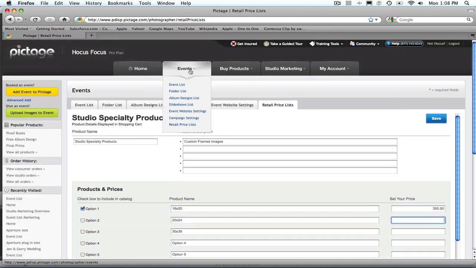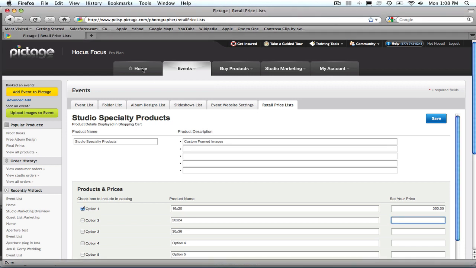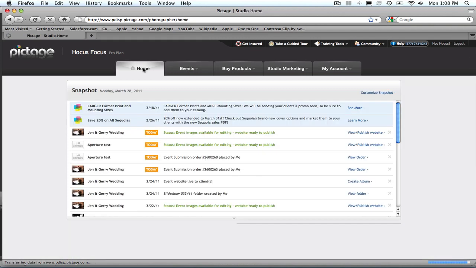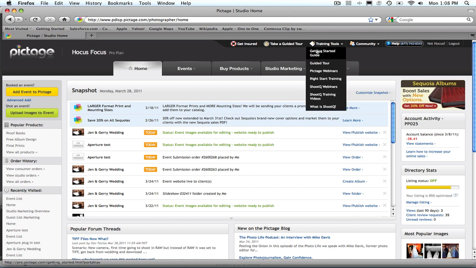Okay, now that we've touched on the price lists, we're going to continue talking about how to upload your logo. This way, when your clients come to your site and your images are on Pictage, they can see that it's branded with your information. Up here under training tools, under the getting started guide,